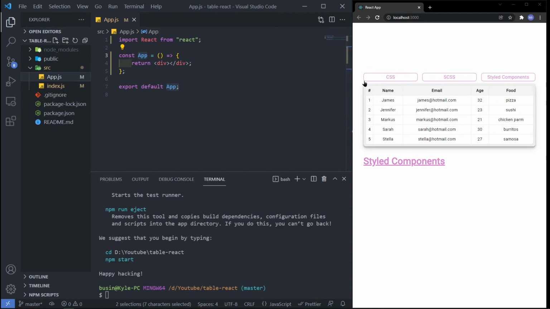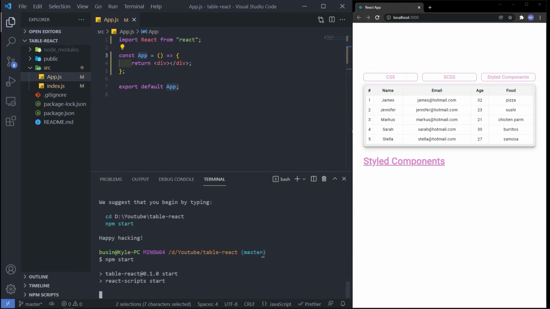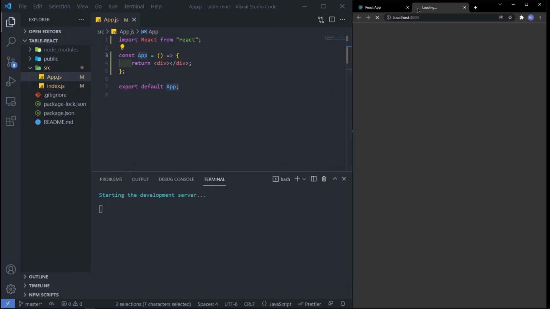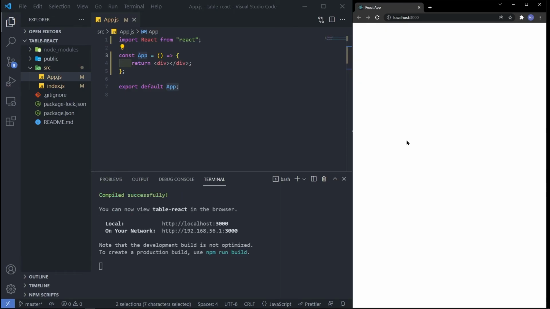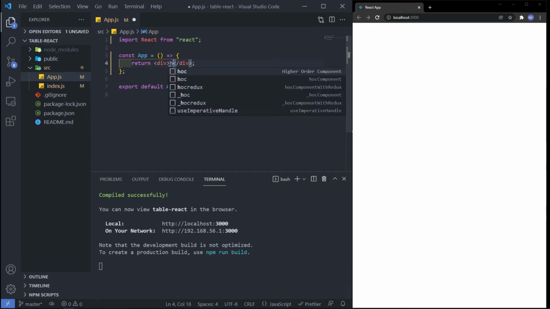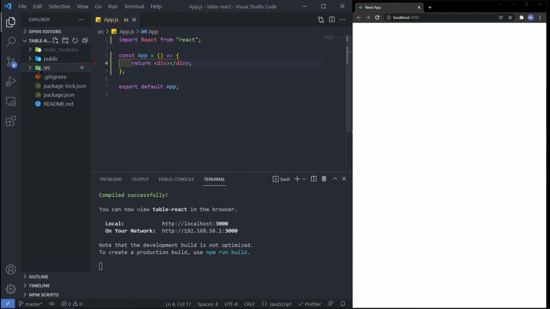So let's start this up. Alright, this should leave us with a blank page. Awesome. Let's just test it out real quick. There we go. Okay, so we're going to start out with